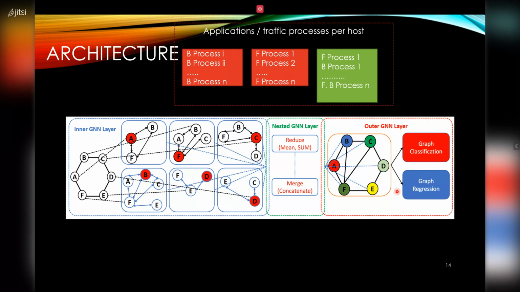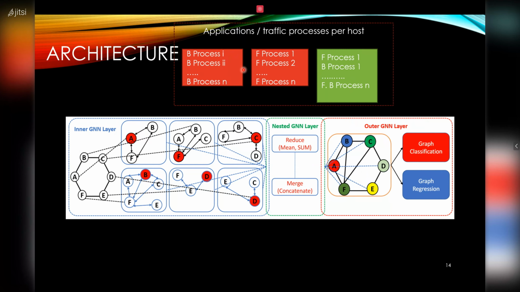If we go deeper into this architecture, we have the inner GNN, where we have different types of subgraphs. For example, these subgraphs represent a sub-area, such as one department where we have three nodes, A, B, and F. I already gave you the example of students in the class and the teacher. Here we have some processes running on node B and some processes running on node F.